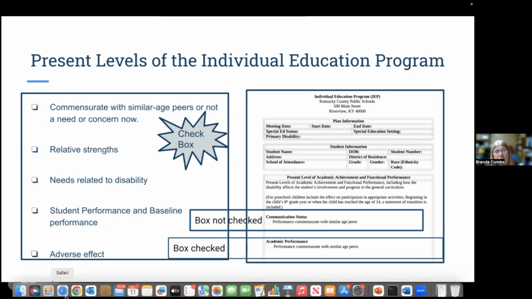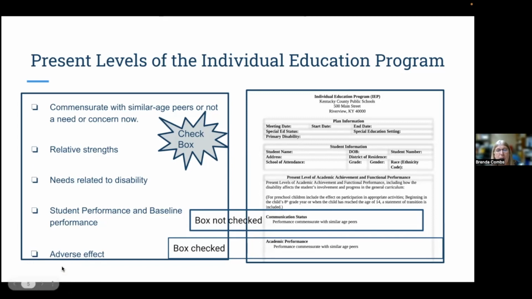Because remember, this IEP, once we go through it, we ought to be able to go in the classroom and sit down and figure out who that child is. And then, if they transfer to another district, that district will have that IEP with all that good information in there, and they won't have to stumble through things and try to do things over. So that's one thing that we like to look at.